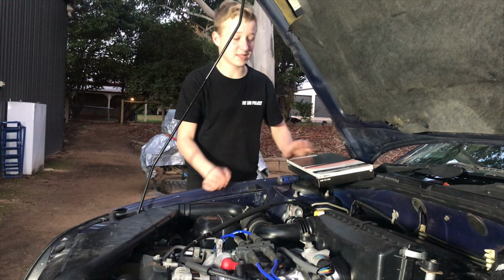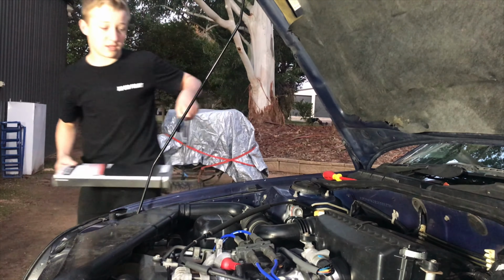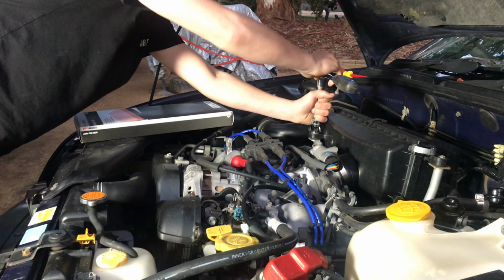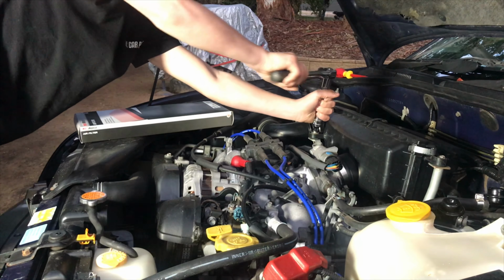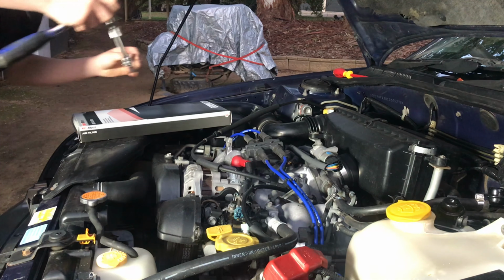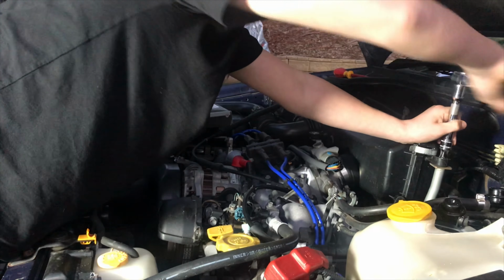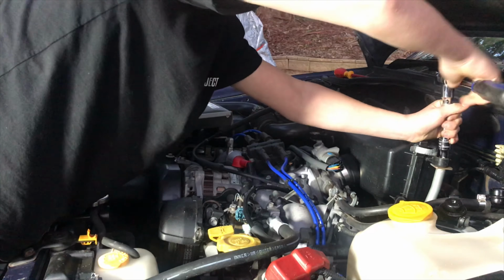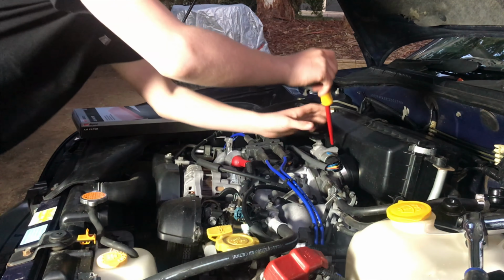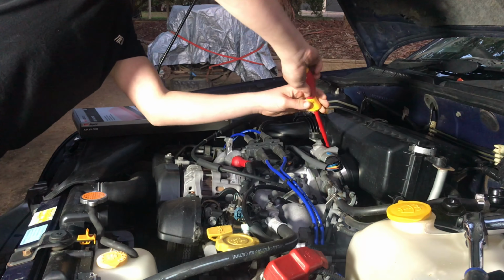Now what we're going to be doing is changing the air filter in the car. So to do that, we've got these nuts, 10 mil. So what we're going to do is just undo this. Once we've undone both of these, we need to undo the screw and the clips, and then we'll have access to the air filter. Now I've also got to undo this screw right here, which connects up to the manifold,